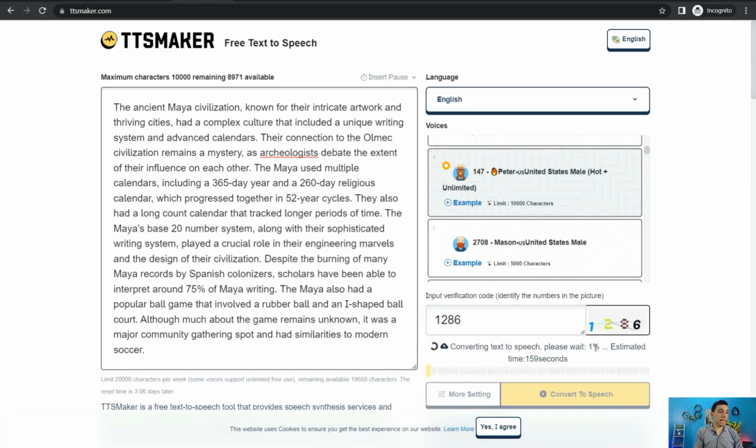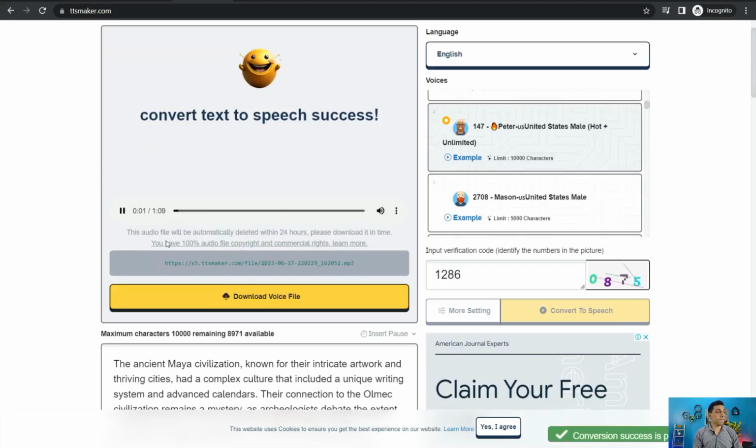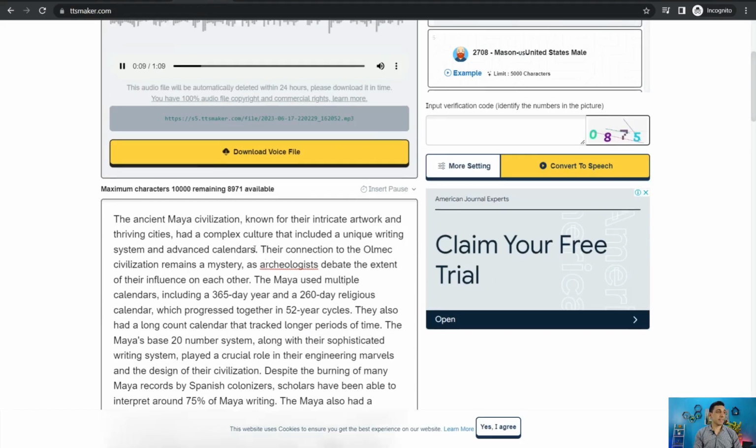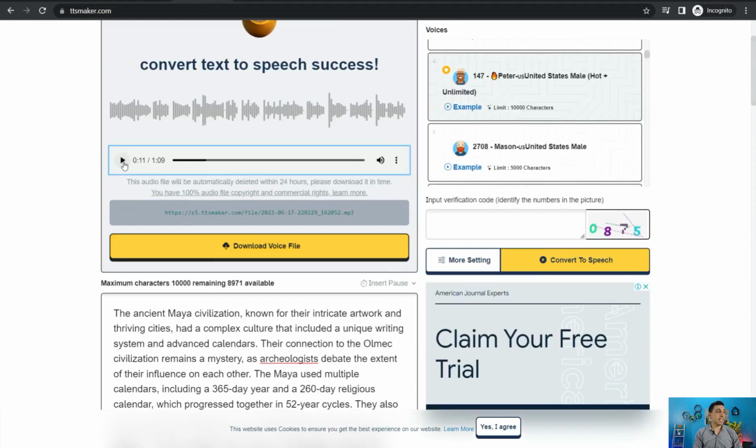convert to speech. As you see, the ancient Maya civilization, known for their intricate artwork and thriving cities, had a complex culture that included a unique writing system and advanced calendars. Their connection to the as here with some pauses between sentences and so on to make it more human and